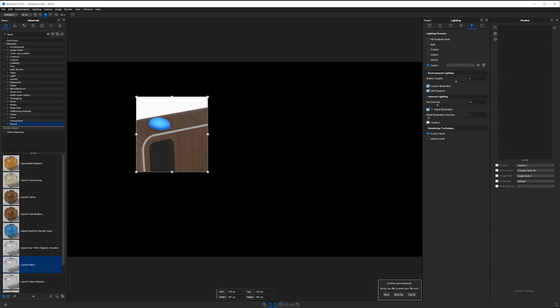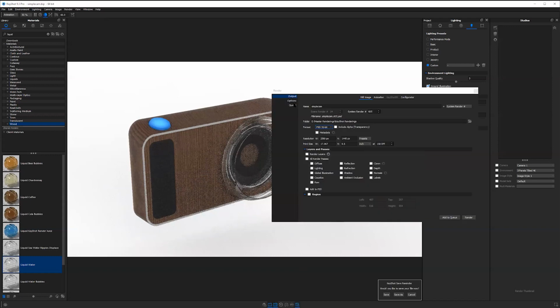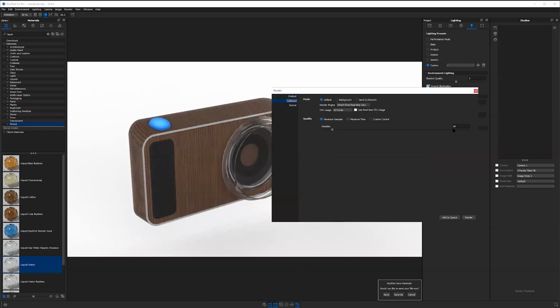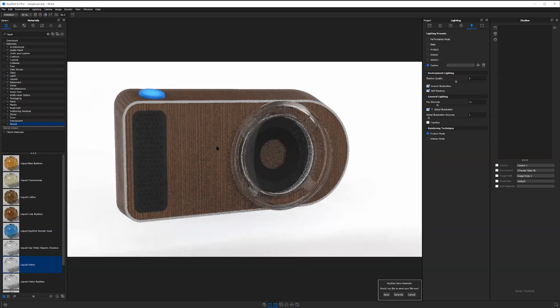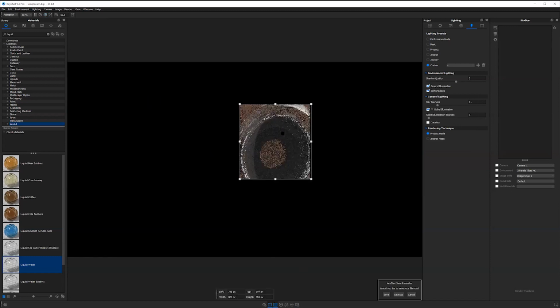So let's say when I get to my final image here, if I go to my output, I don't know how many samples I need. Is it 15? Is it 60? Whatever, I'd be guessing. But I'm going to turn off the noise just to make this clear. If I go ahead and pull up my region render, Control-Shift-R,